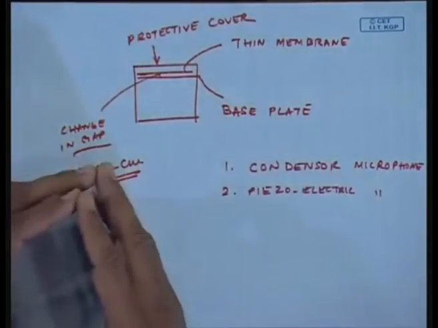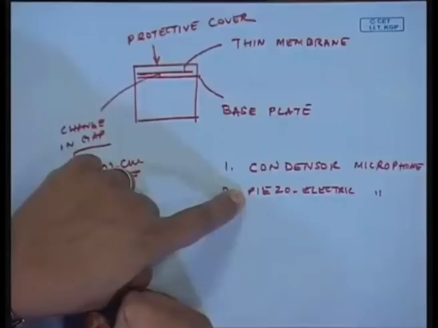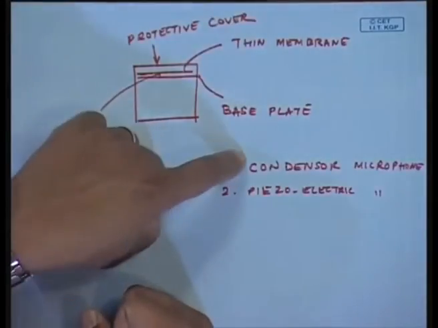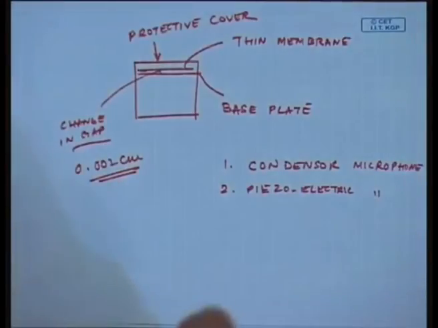And in your high school physics, you must have talked about the carbon granule microphones, the voice call. Because the diaphragm moves, the coil will move, and then a proportional voltage will come because of the movement of the diaphragm to which this coil is attached. If that microphone costs 100 rupees, the piezoelectric will cost 10,000 rupees, and this will cost 50,000 rupees. So, you can imagine what kind of ranges we are talking about.